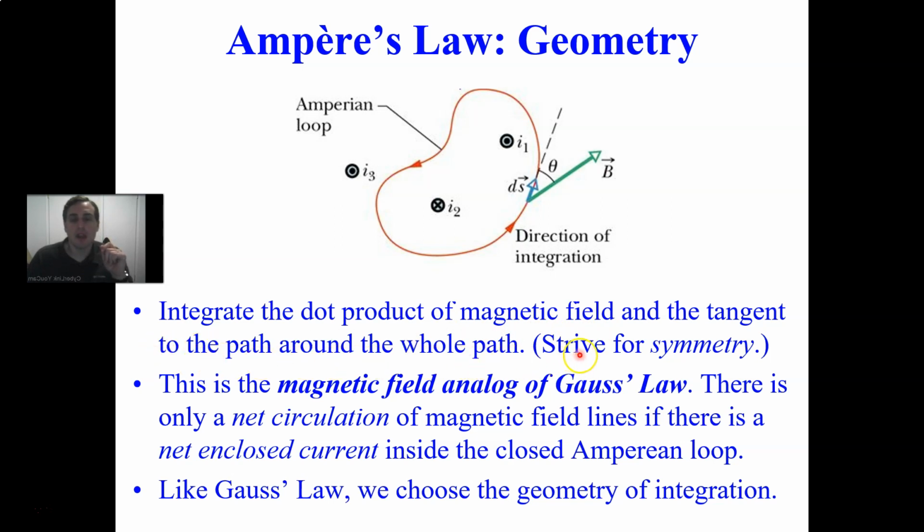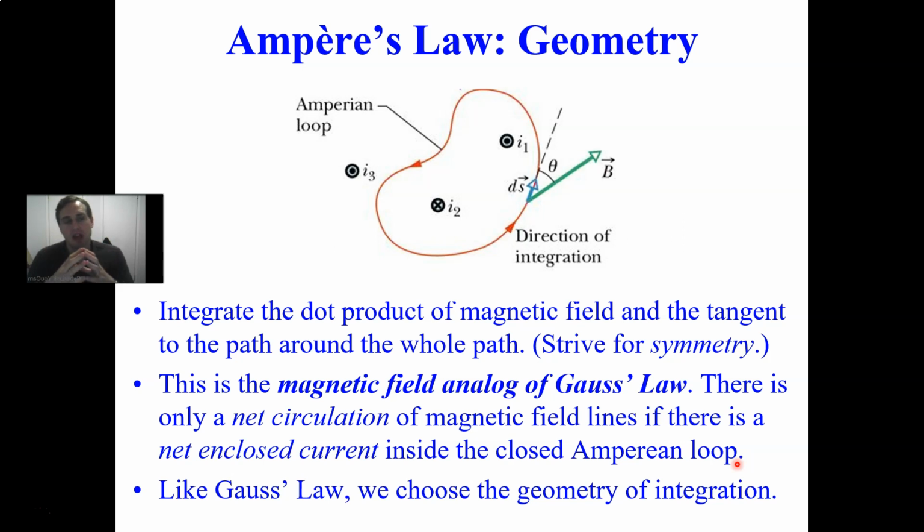whole path. Now we often want to strive for symmetry, just as we did with Gauss's law. At least for the sake of this class, we'll often strive for symmetry for ease in mathematical calculation. So again, this is the magnetic field analog of Gauss's law. There is only a net circulation of magnetic field lines if there is a net enclosed current inside the Amperian loop. So the idea is that Gauss's law said you had to have an enclosed charge to have a net